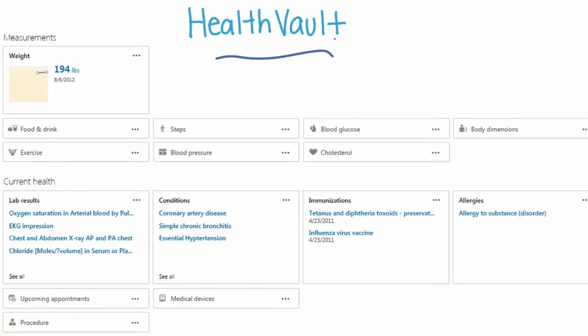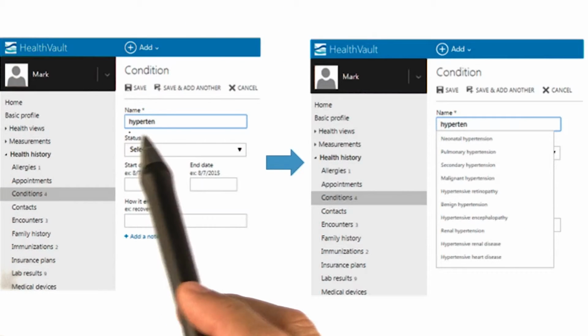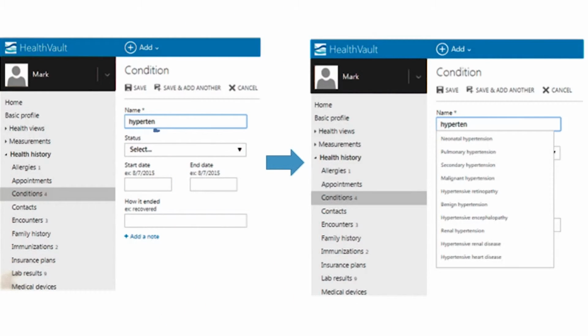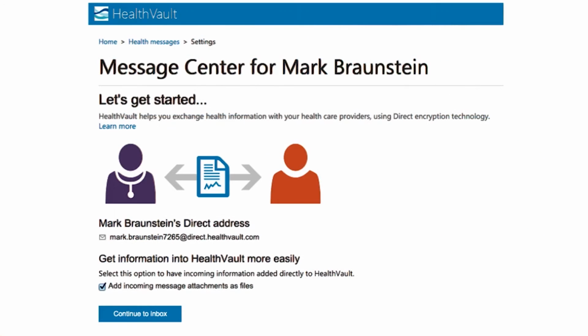You can see key data such as patient allergies, immunizations, conditions, and lab test results. As shown here, users are assisted in inputting complex information such as their condition by smart lists that pop up as they type. More recently, as meaningful use has dictated the export of at least standardized clinical summaries, the burden